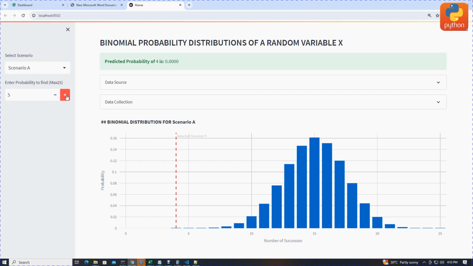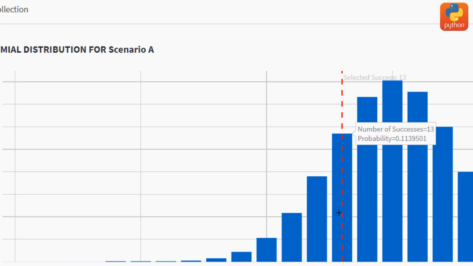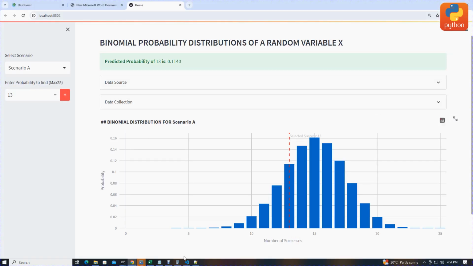Okay, so you can see enter probability of, for example, probability of random variable x equal to 6. So you can see ina appear hapa somewhere in 6. Okay, when equal to 13 ina appear hapa kwenye 13. Position cursor, now you can see number of successes is probability of x in 13 and probability is 0.111. So nikija katika my calculator,